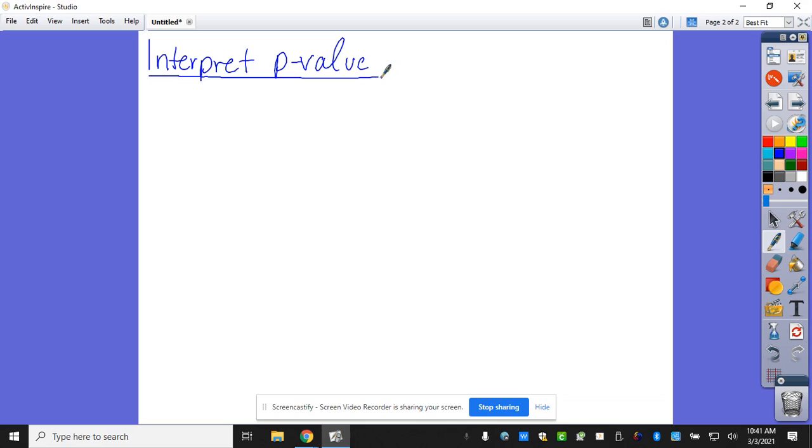And just to be clear, if I take the time to write an interpret sentence, what does that usually mean? It's going to be on the test script. So we talked about what it is. So it's under the assumption that what happens, that what is what? So if the null hypothesis is true,